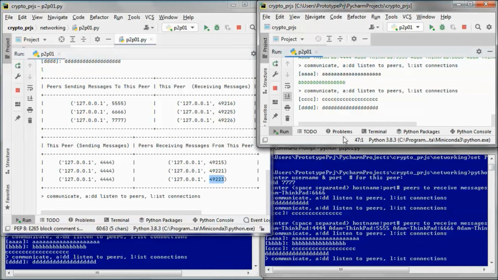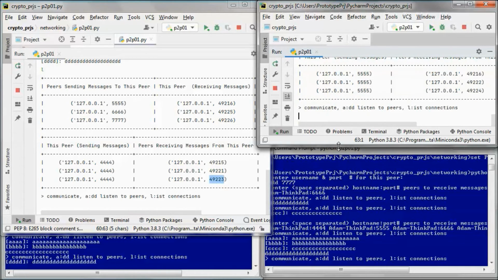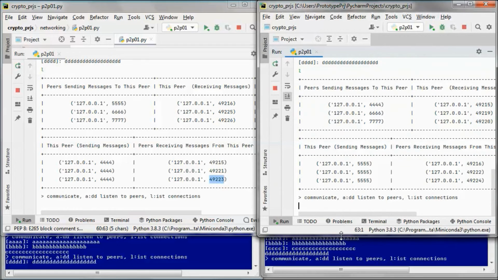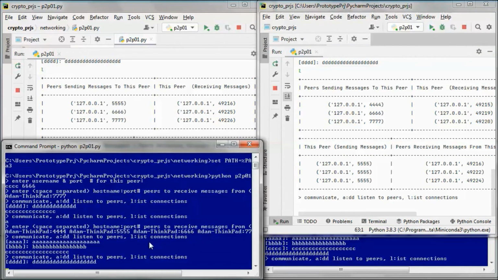And let's do same here, list all connections, and here.